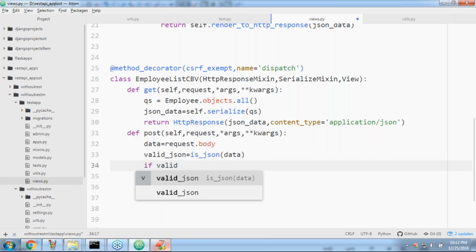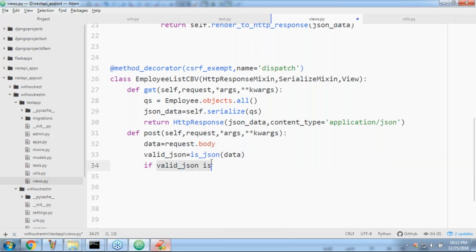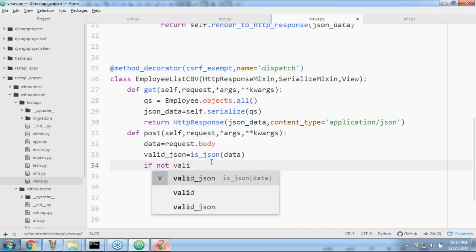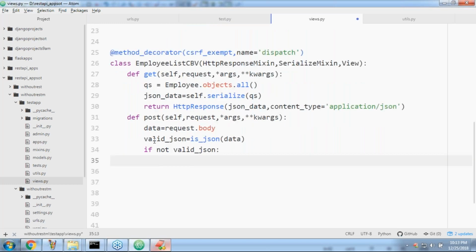If not valid_json, which means valid_json returns false, then what I have to take?